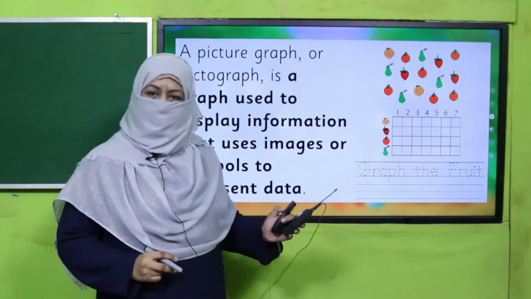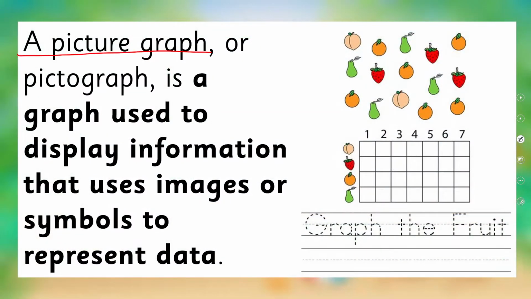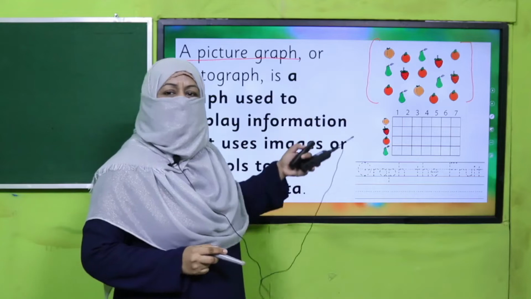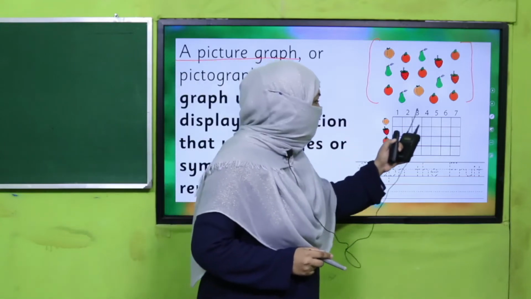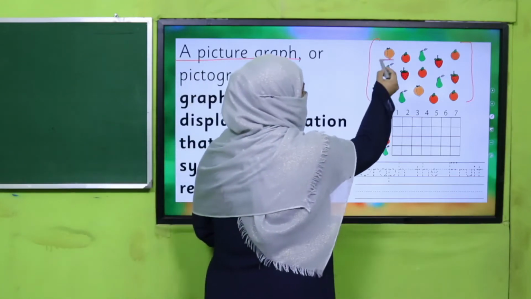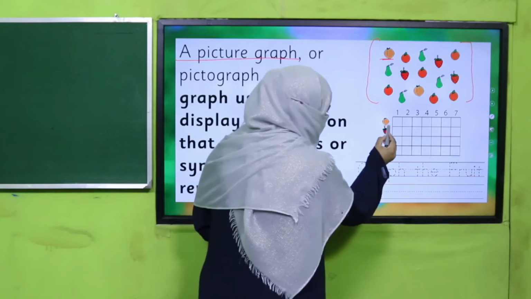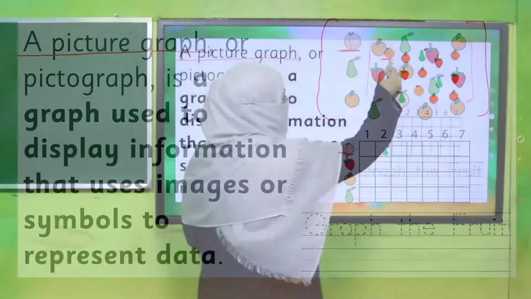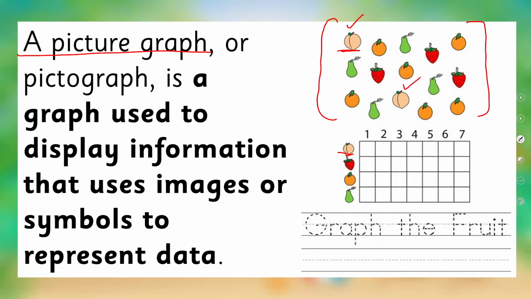Let's see. Now look at this. This is a pictograph. Now look at these fruits. You can look at the picture and you can count them, but this is how data is. But when I want to represent this information in a graph form, how do we do that? This is peach. So the first picture over here is peach. Let's count peach. How many peaches are there? 1 and 2, right? So we can write there are 2 peaches. This is how we write it in number.